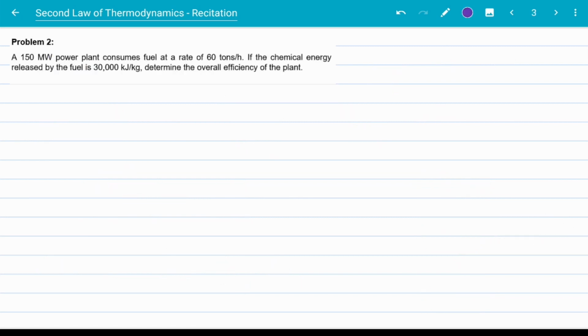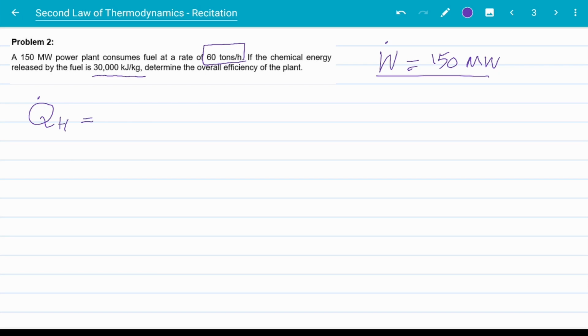Okay, problem 2. Basically the same thing. We have a power plant. This time it's 150 megawatts power plant. We get the consumption rate in the form of 60 tons per hour of fuel. The chemical energy released by the fuel is also given, 30,000 kilojoules per kilogram. We are asked to find the overall efficiency of the plant. W dot is 150 megawatts. Okay, how about QH? Q dot H